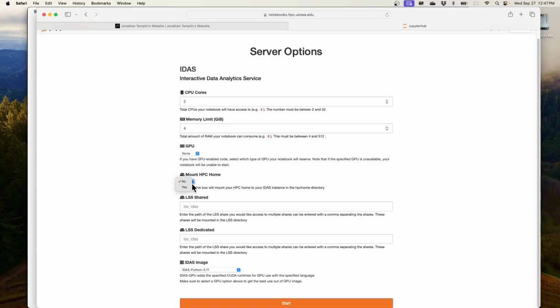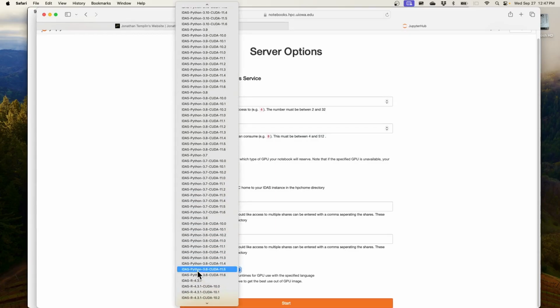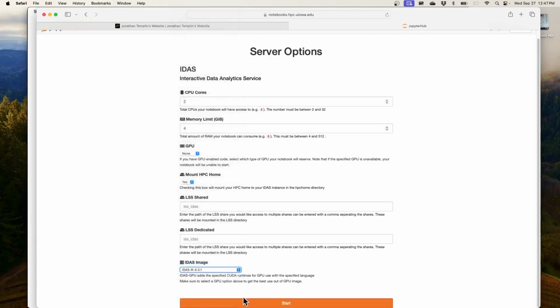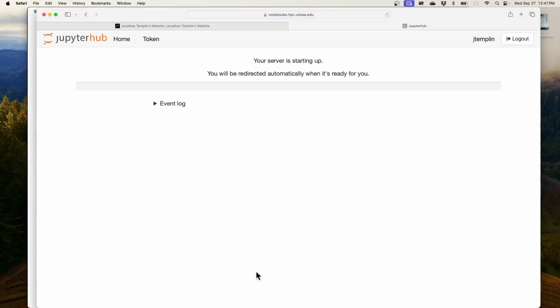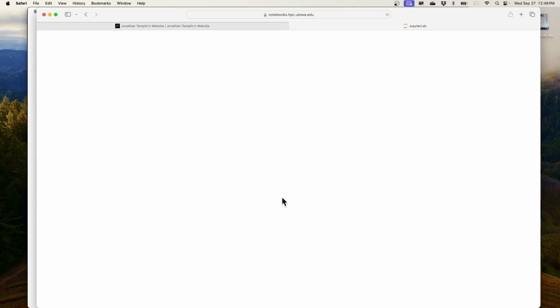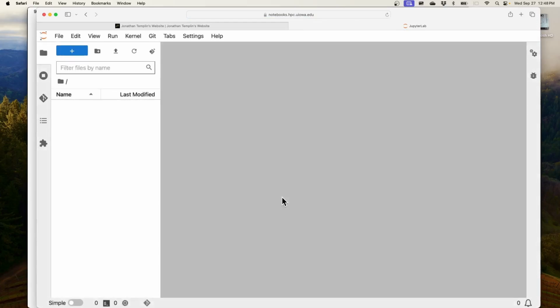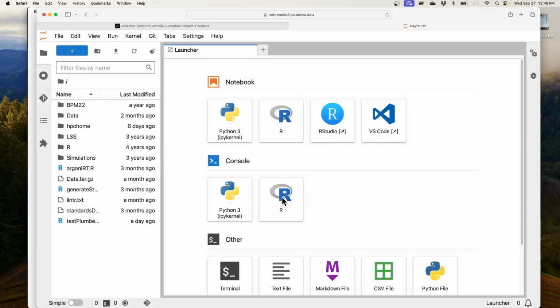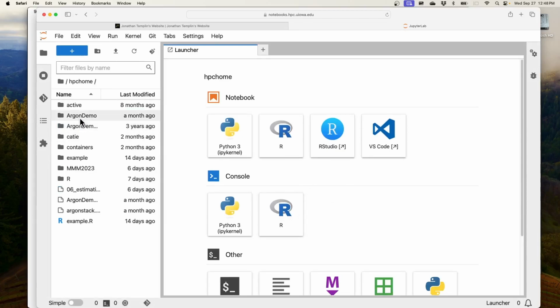Here, I need to mount this. I'll just make this quick. I'll make this larger in just a moment. As it starts up, so I got this Argon thing working. I mentioned I had a couple students who I was grateful for their help in testing it. And then, of course, it didn't work for what you were doing. So let me show you the workaround I have. If you build in